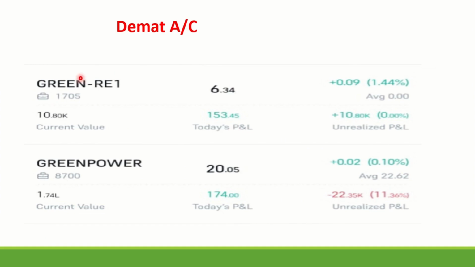Right now the right issue is announced at a share value of 6.34, around 7 or something like that. Whether you are going to buy, in a sense, 13 rupees you need to buy. If I am not going to buy, you can sell this one at 6.34 and you will get a profit of 10,800. Understand the advantage you are getting. If you are buying, you need to give an additional 13 dirham. If you say, no, I don't want these 1705 shares, I need only the amount,